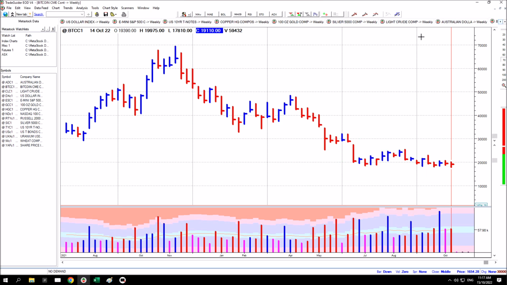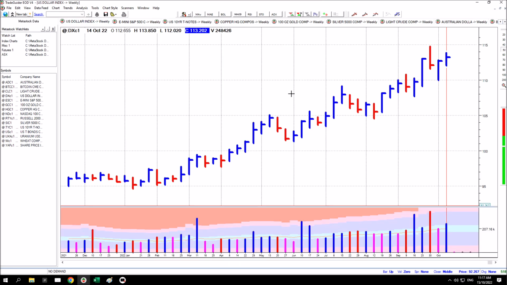Just quickly back to the US dollar index for a final look. This market is so important to so many of the other markets. Spread narrowed this week after we'd seen supply drawn out 2 weeks prior. The market has tested for supply the last 2 weeks early in the week and then responded higher both times. But this narrow spread on pretty high volume does suggest that supply continues to be drawn out, and that's going